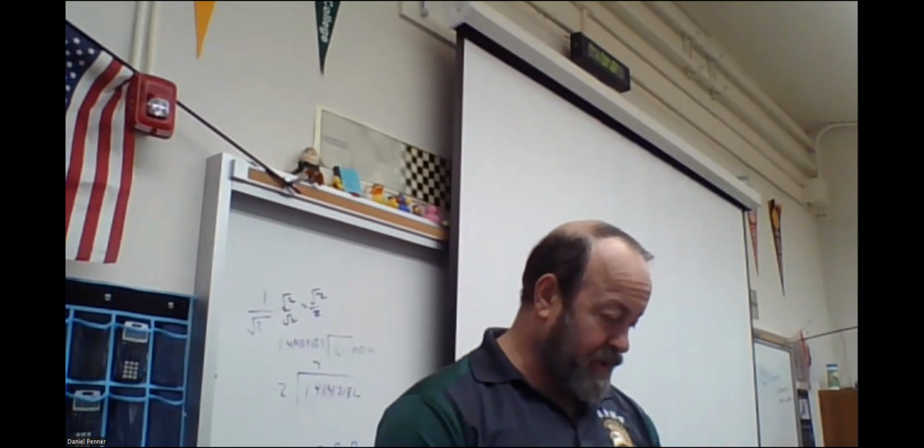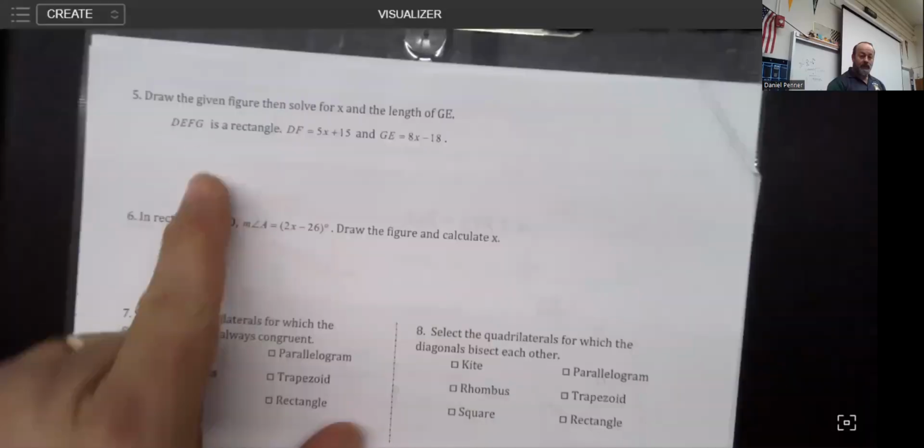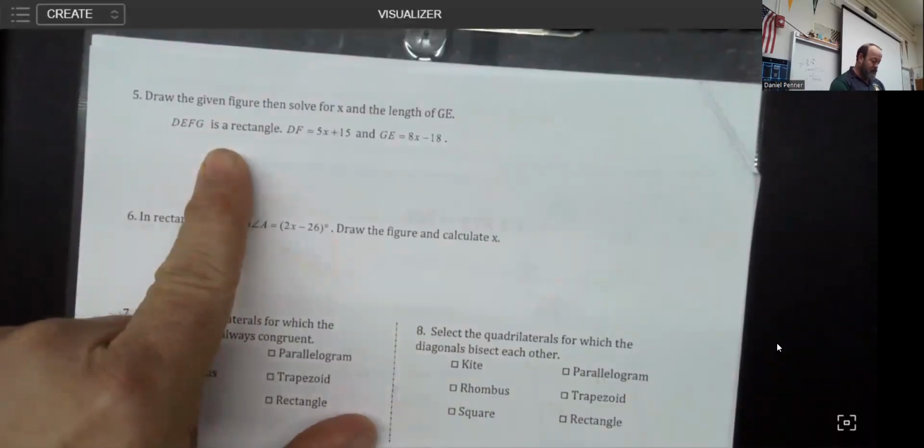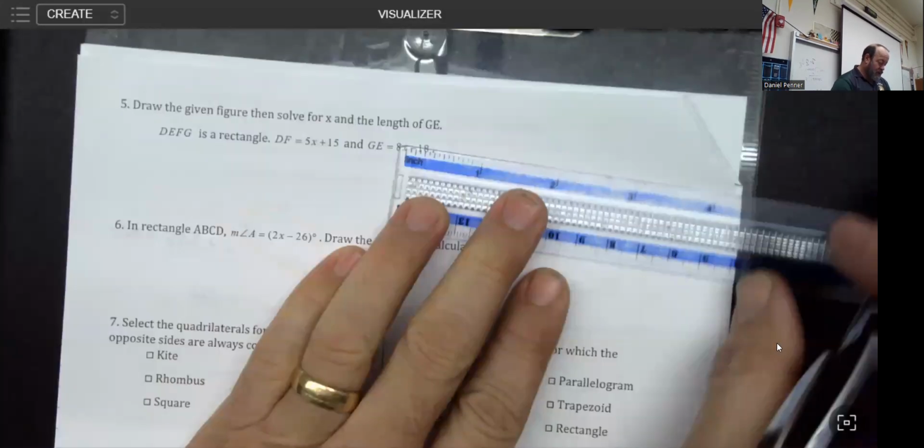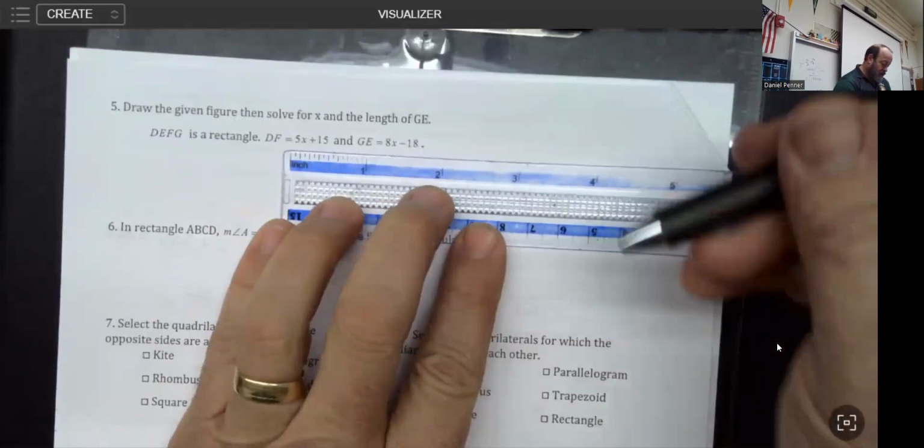All right, welcome back. Let's take a look at page 2, problems number 5 through 11. Let's get going here. Okay, so first off, we've got a figure here that is supposed to be a rectangle. Now, one of the things that we've noticed is that some of you guys are not drawing your